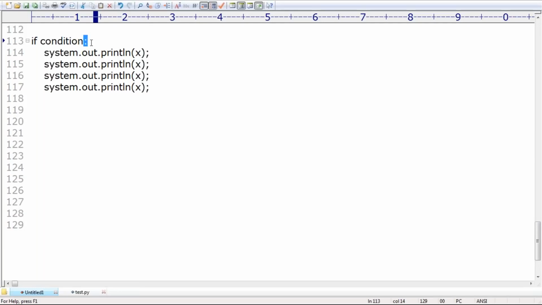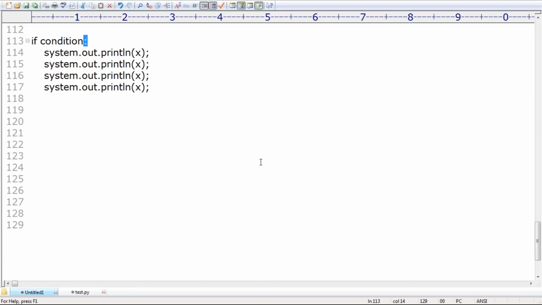Sir, let me go for a small example so that you people can understand more clearly. Syntax wise about if, is it clear?